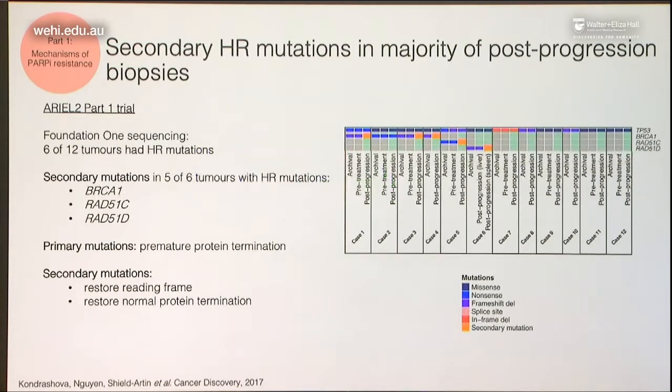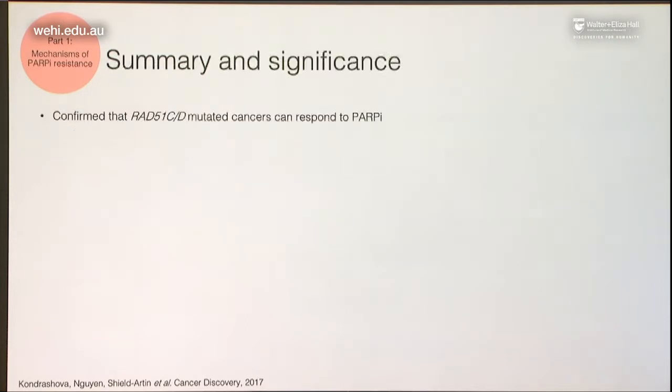Now, going back to all 6 biopsies that were tested with HR mutations, we actually detected secondary mutations in 5 of these 6 tumors. And all of them did the same thing, where they restored the reading frame of the protein. So to summarize this part of my talk,